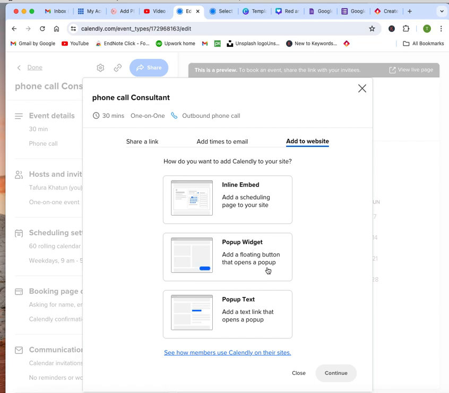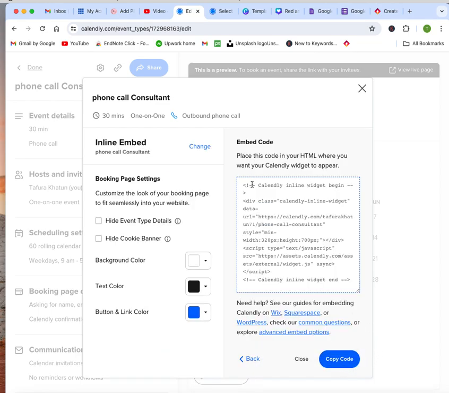So when your client clicks this button, it will bring up the schedule page, and then pop-up text. So if you want, add some text and a link to open your pop-up page, so you can do this. I'm going to use the first one, just this, and continue,